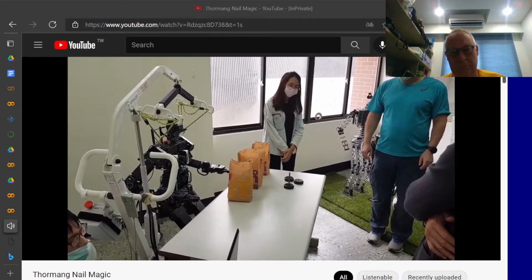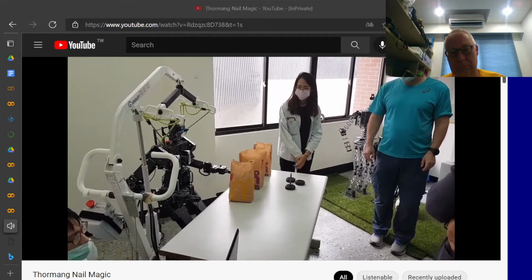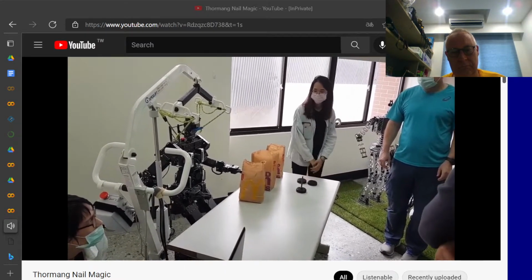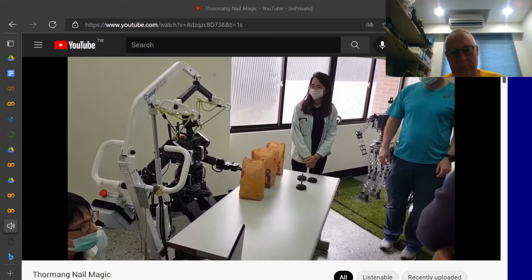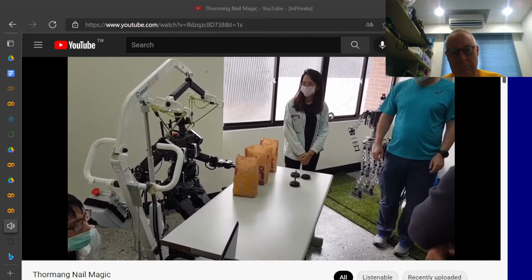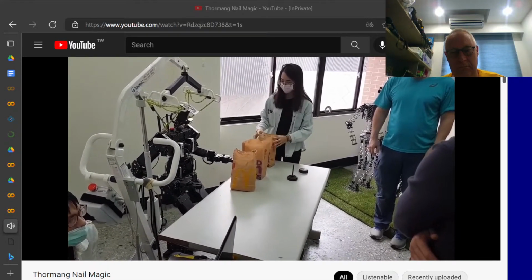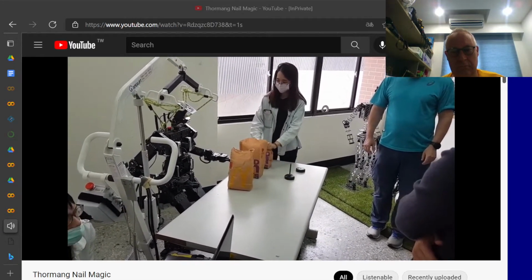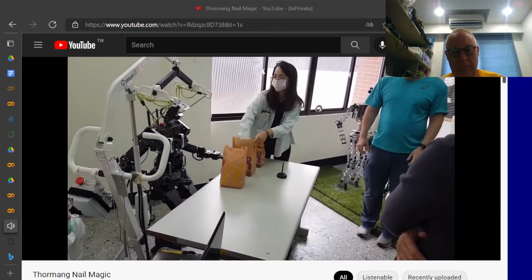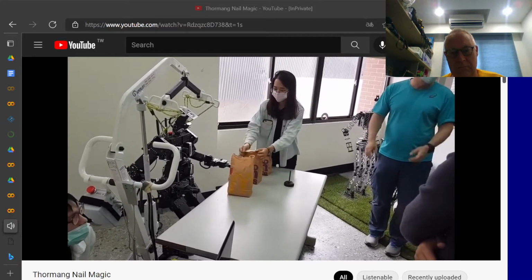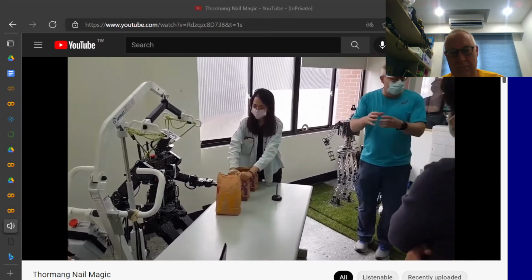So I prepared 2 wooden bases without nails. Please help me put these 2 wooden bases into 2 paper bags and close it. So the research goal here is detection and manipulation of soft and formable objects. So the paper bag is not